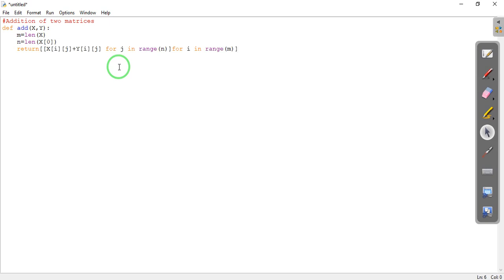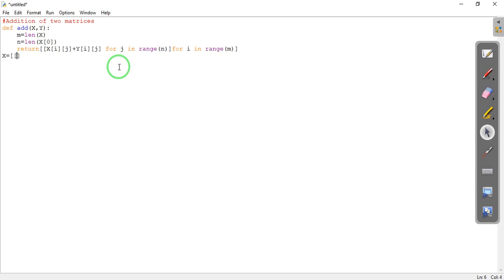So let us take two matrices now. You need not take both x and y; for simplicity, let us take x only. So x equals, the input will be something like this: a square bracket, and inside it you put your rows and columns, a row, comma, another row, comma, third row, and so on.